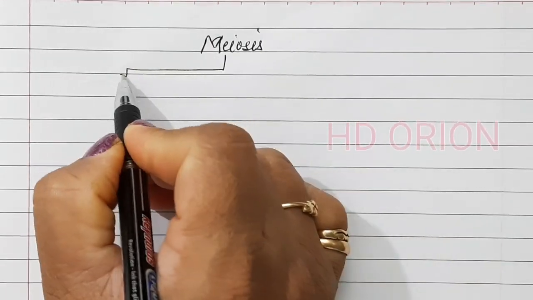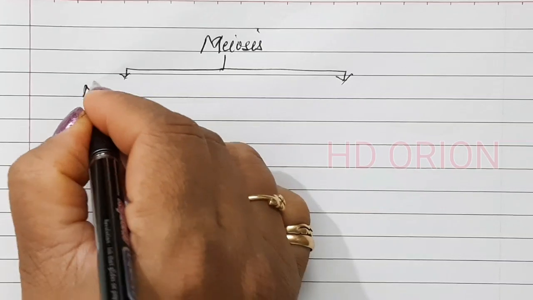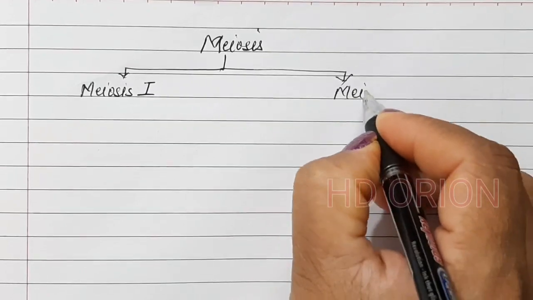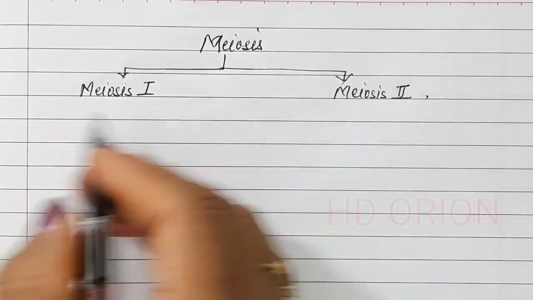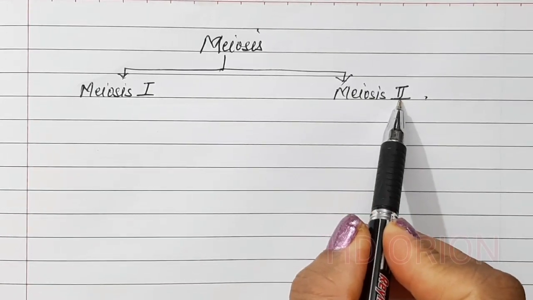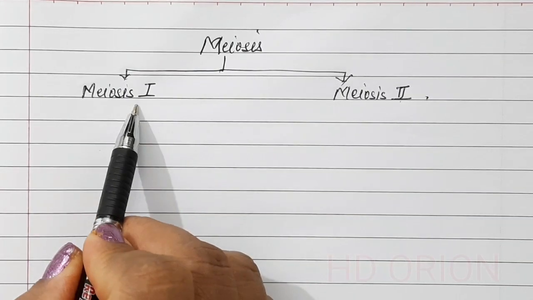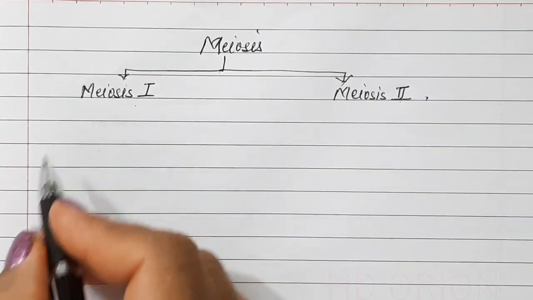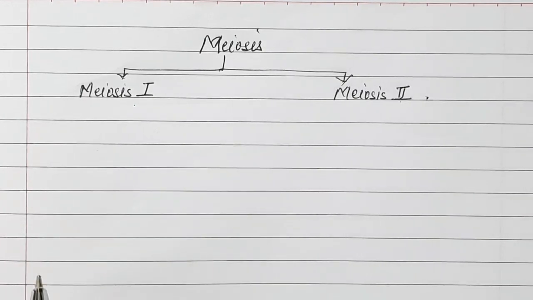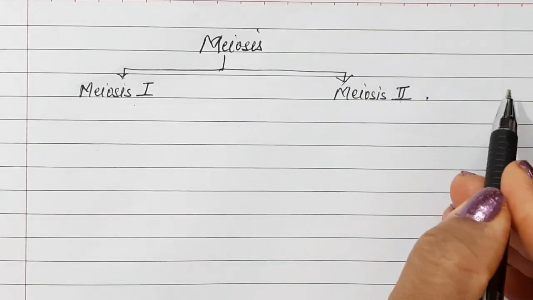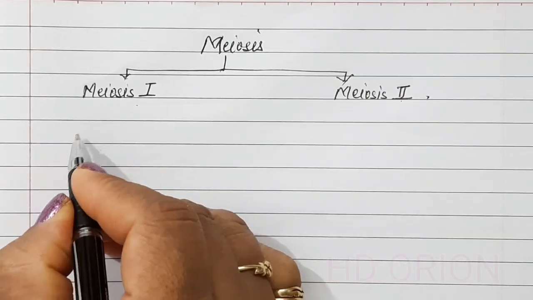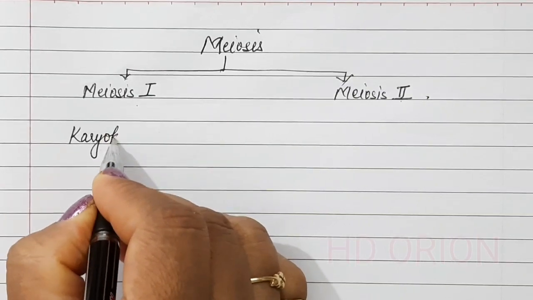Meiosis is subdivided into meiosis 1 and meiosis 2. Meiosis 1 is basically the reductional division. Meiosis 2 is equational division like mitosis. So the real reduction takes place in meiosis 1. This is further divided into karyokinesis and cytokinesis. You can push the I button to refer to the content on karyokinesis and cytokinesis in my previous videos. Here is the I button which you can press to refer to karyokinesis and cytokinesis.